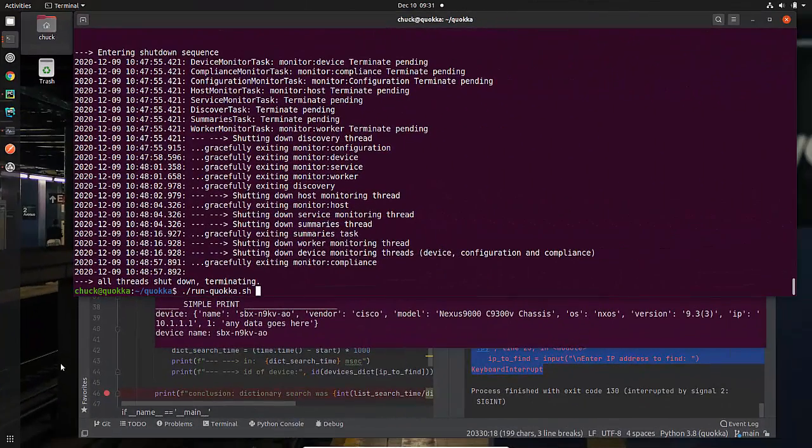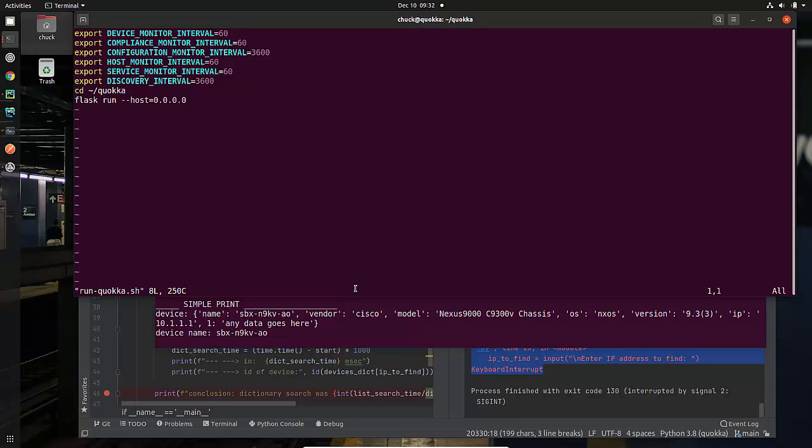Okay, folks, this is for those of you who are interested in learning how you would run Quokka in debug mode. So this is really more of an intermediate, maybe even advanced level people who are interested in doing this. Even if you're a beginner, you might find this interesting. As you know, you can actually run only Quokka server by typing in this run Quokka script. If I were to say, well, what does that look like? I'm going to do run